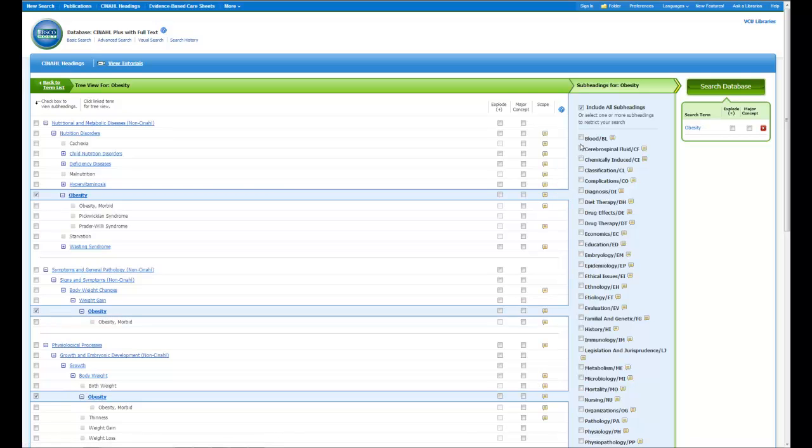Further working to my right, as I told you before, major concept will just decrease the number of articles you get. Subheadings will do the same thing. Subheadings are used when you are only interested in a particular aspect of a topic. Like, say, when it comes to obesity, you may only be interested in the diet therapies or treatments for a particular